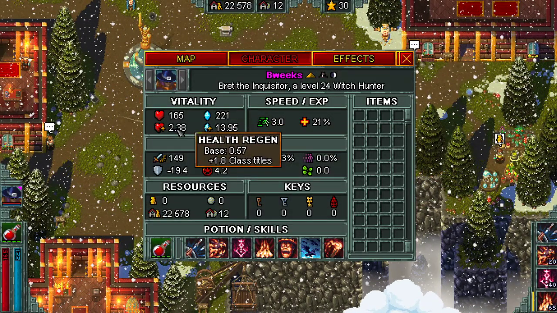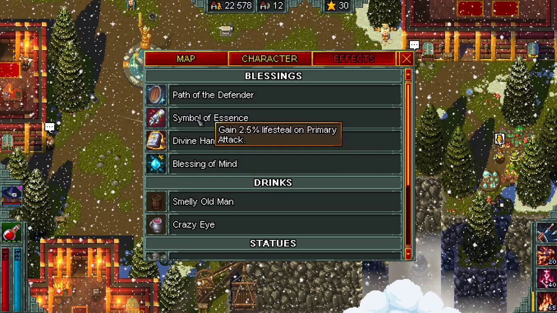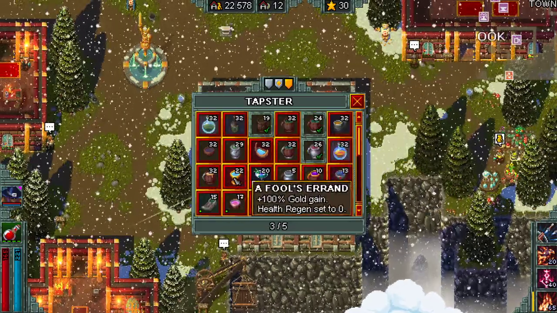I have 2.3 right now with my class titles from my priest, but at NG0 you have a little less. But with 165 life, it's going to take a long time for this regen to really get your health back up. Early game, you're going to be focusing on potions. After that, you're going to have the lifesteal from the chapel, so you're really not going to be worried about your health at all. So you can end up doing Miner's Delight for ore gain, and then you can